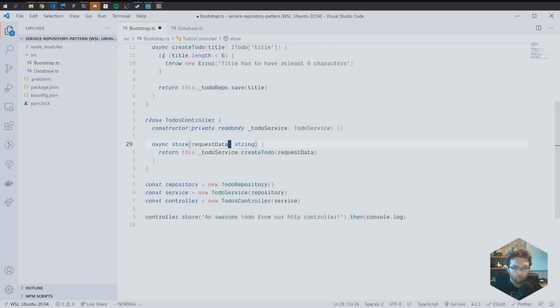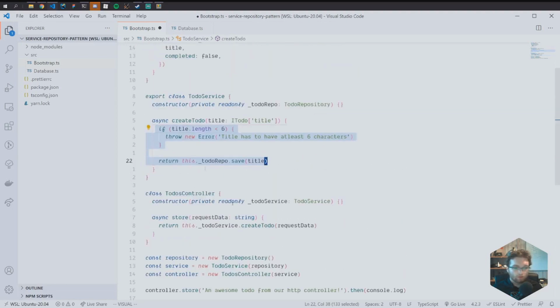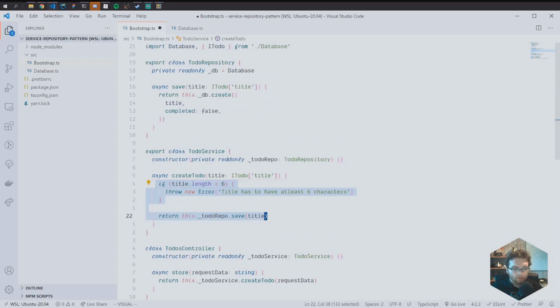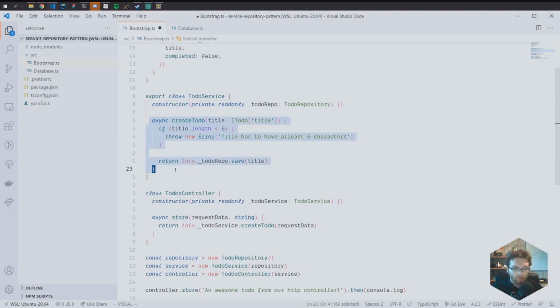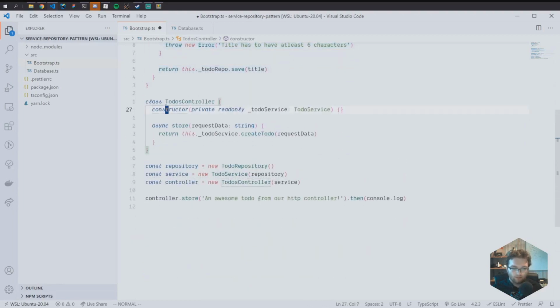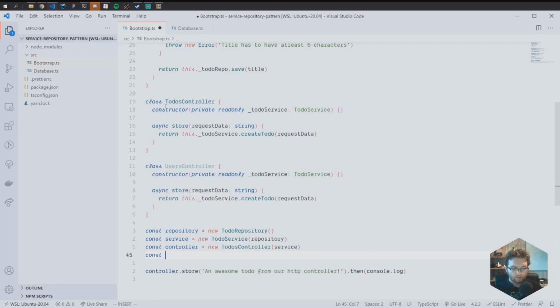In our to-dos controller, we have access to our to-do service and a method called async store. And inside here, we call our service, and it does pretty much this. So this is all really nice, but what if for some reason we wanted to use this method inside another controller? Well, then we could have this controller. Let's say this is a to-dos users controller, and inside this users controller we do the same thing, and then we could do const users